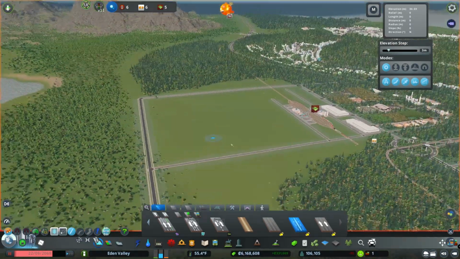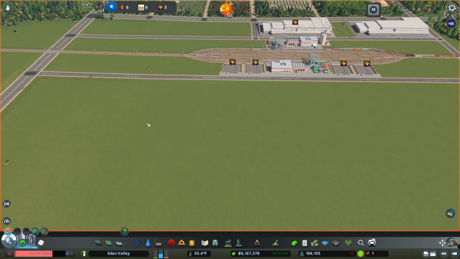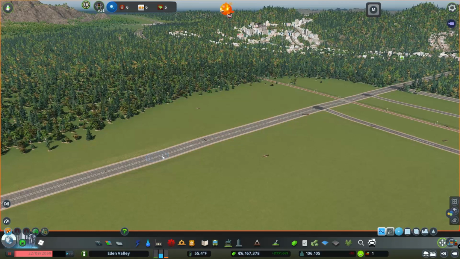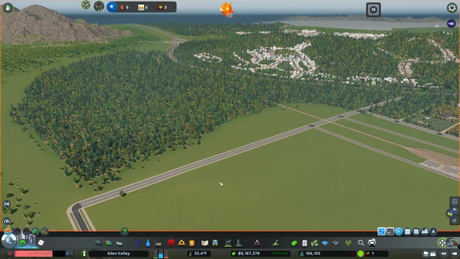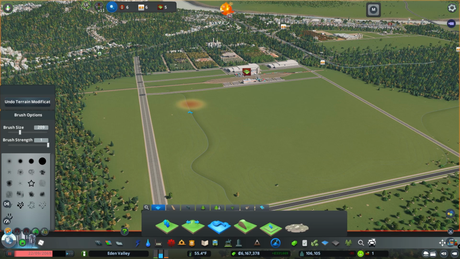Okay. So let's connect that there. Connect that there. We'll need to raise this up. Raise that one up too. And we'll go down, I guess, the line to make sure that all of this is level with the terrain. It looks like it is. Next, what we'll need to do,